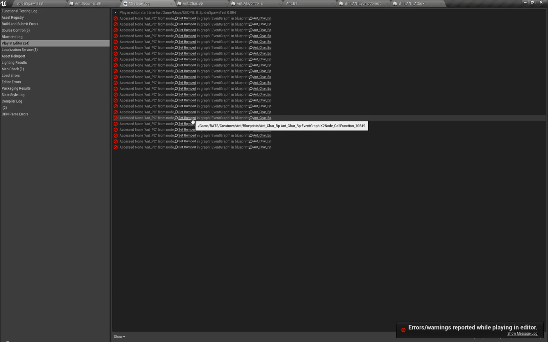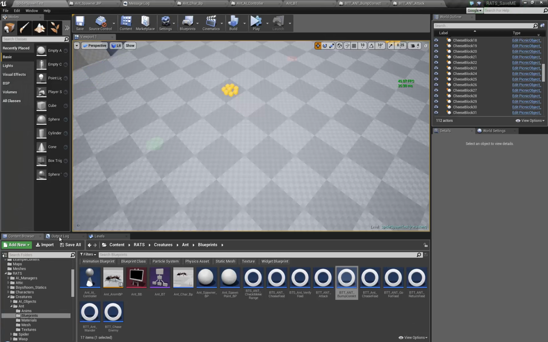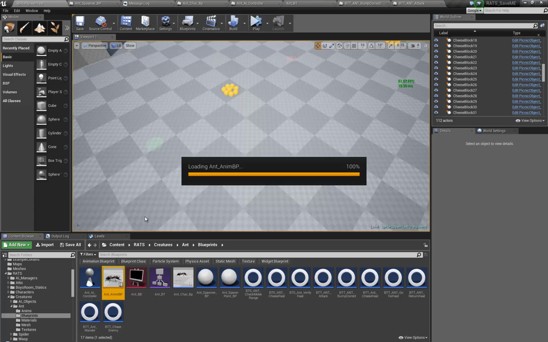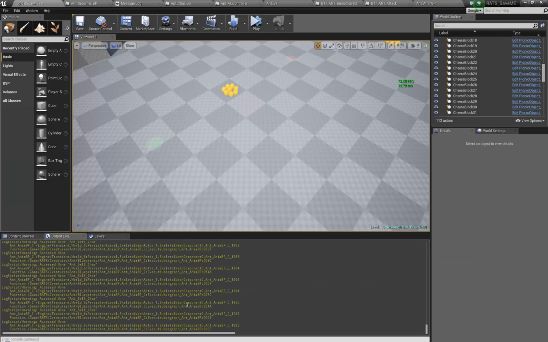Set bumps. Access none ant PC. The Anim blueprint is accessing none from ant self character. Well, I don't really know at what point though. It didn't really say. It says execute Uber graph. That's apparently the function that it's running. It'd be nice if it said the actual